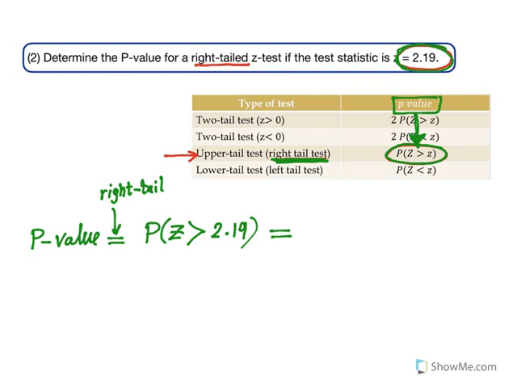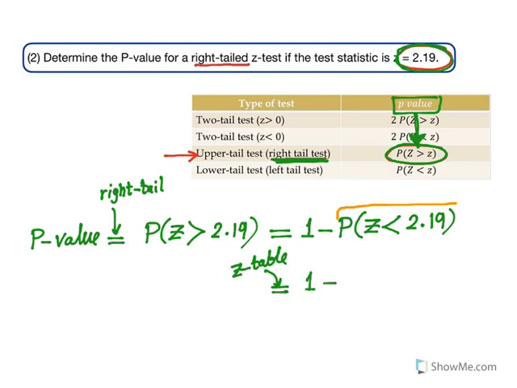So to get the area to the right, you need to do 1 minus the area to the left, which is probability of z less than 2.19. And now we can use the z table here, and I will leave it for you to do. So this will be 1 minus, and then of course this is something that we can use the z table for. So look in the z table for z 2.19, and you'll find that the area to the left of it is exactly